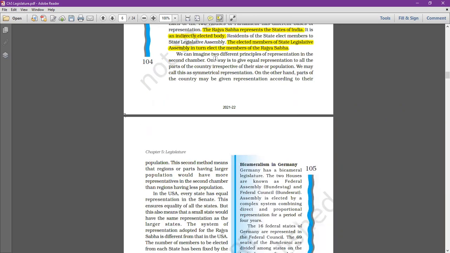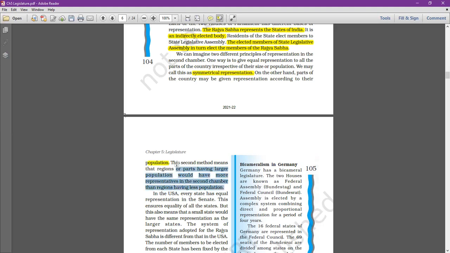We can imagine two different principles of representation in the second chamber. One way is to give equal representation to all the parts of the country, irrespective of their size and population. We may call this symmetrical representation. On the other hand, parts of the country may be given representation according to their population. The second method means that regions having larger population would have more representatives in the second chamber than